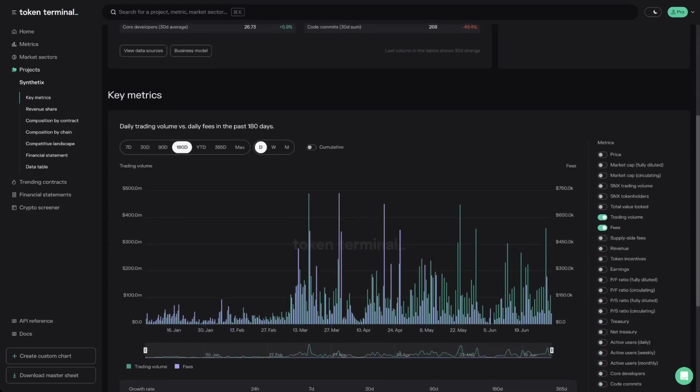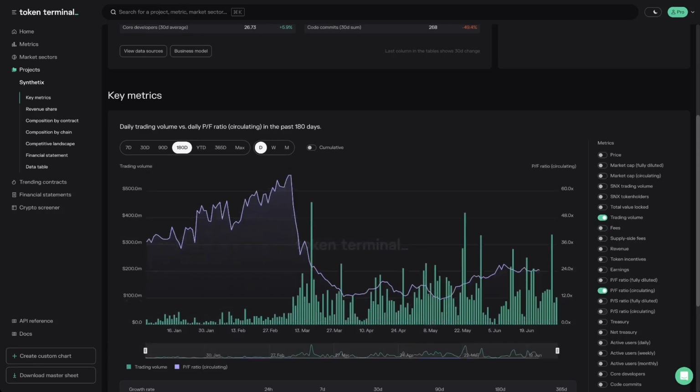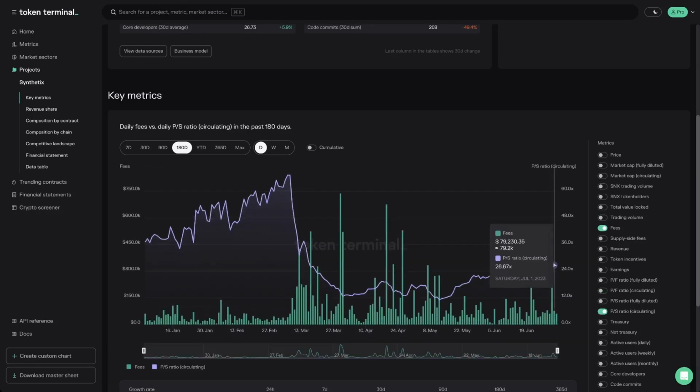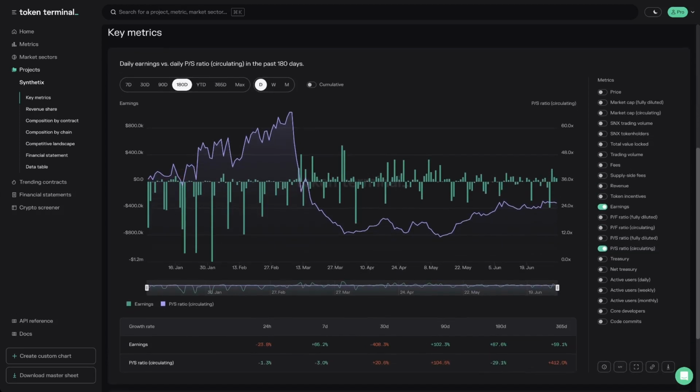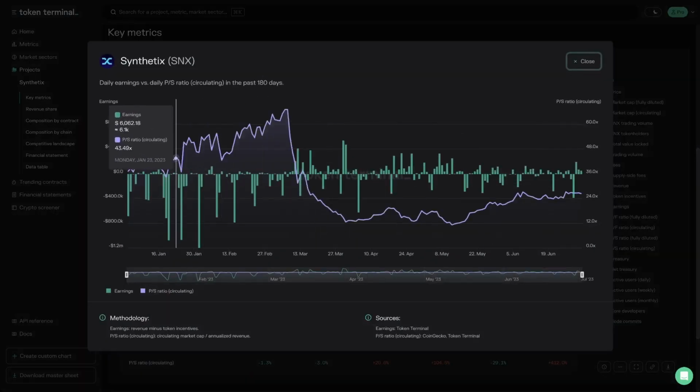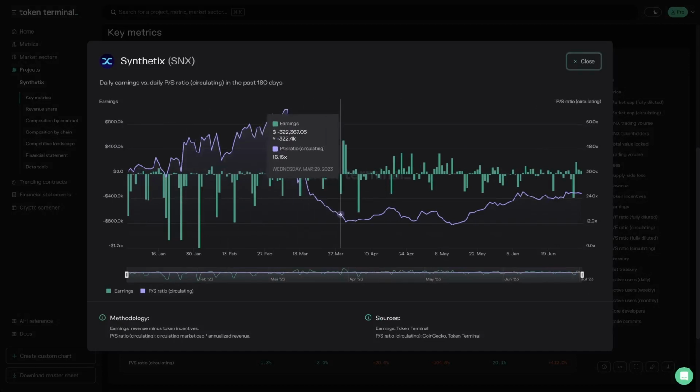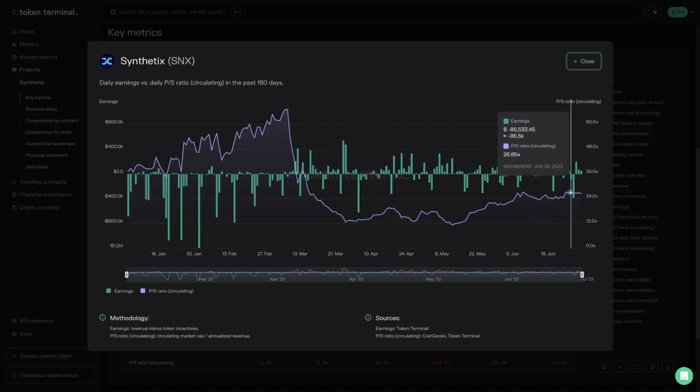I actually want to go back to the previous point where we spoke about the price to earnings. I said that yes, the calculations are correct, but I just wanted to clarify that on the Token Terminal side, we actually use two different valuation multiples. We use price to fees, where we take the market cap in relation to total fees generated, and then we use price to sales instead of a price to earnings metric, because we don't have operational expenses on chain yet for all protocols, so it's hard to get the direct price to earnings. The price to sales was equal to your calculations with PE, and we also have an earnings metric on all our dashboards where we use revenue minus token incentives, which in Synthetix's case is token inflation.